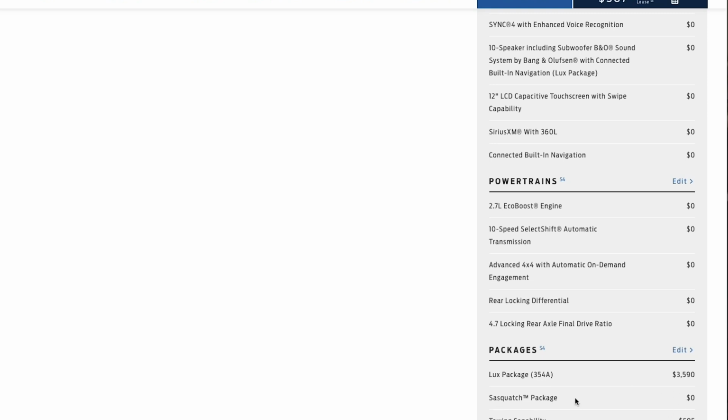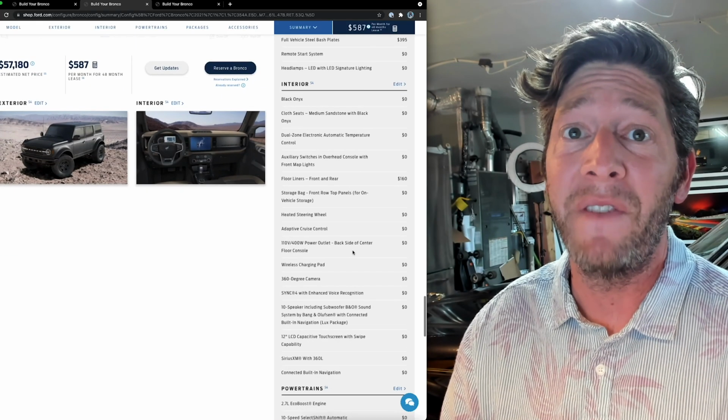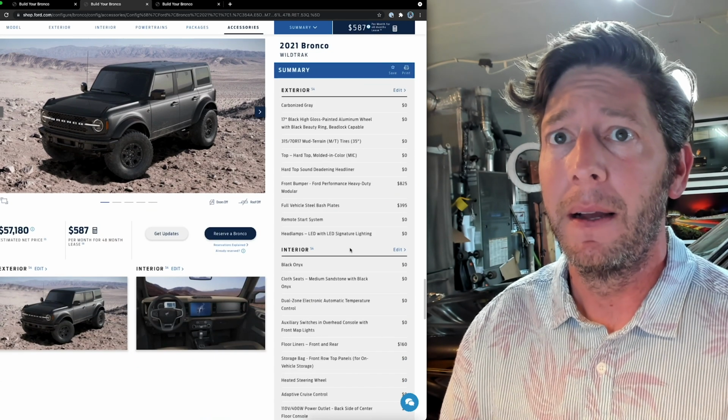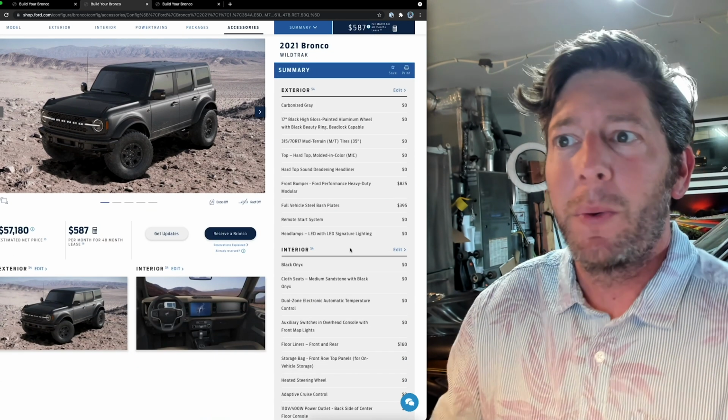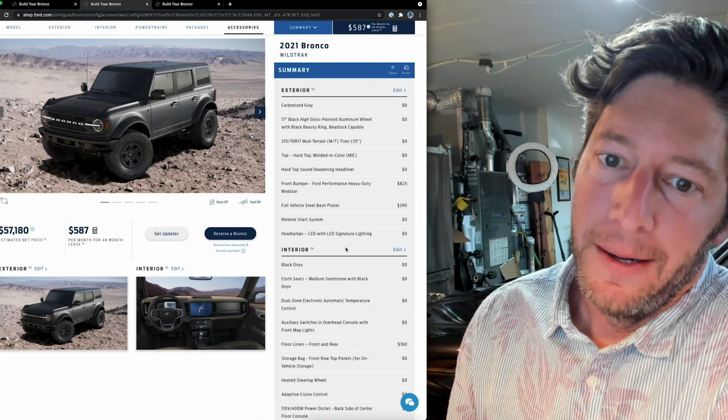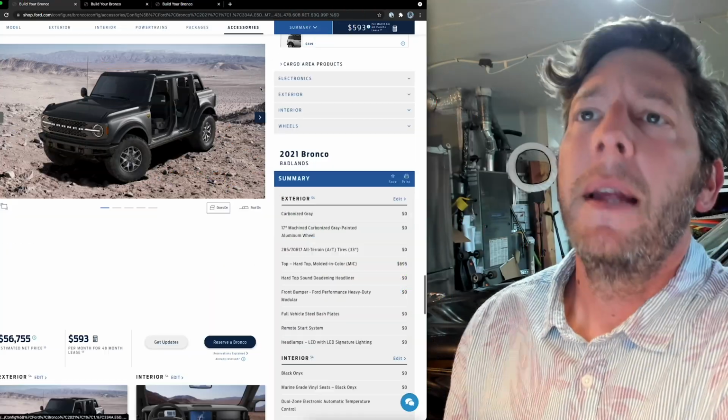It doesn't add in the Sasquatch package, and the Luxe package is less of a hit because you already have some of those features. So I'm at $57,180 for this one, which is almost how I spec'd the Badlands. So which way do you go here? It seems like then at this point I might have messed up. Either way,